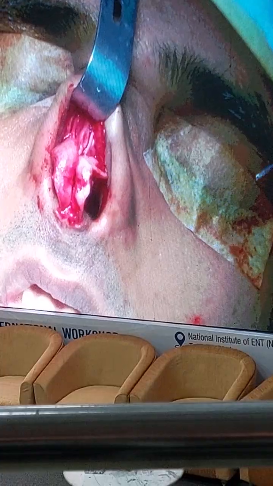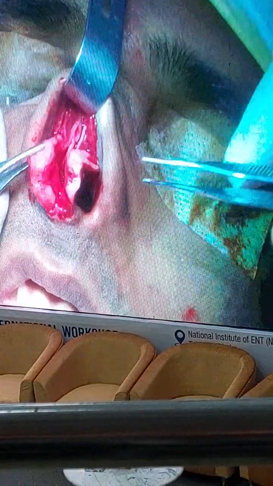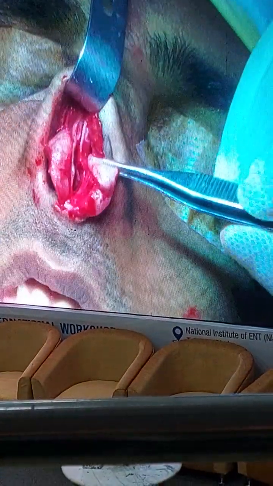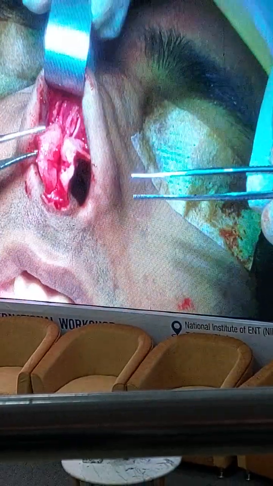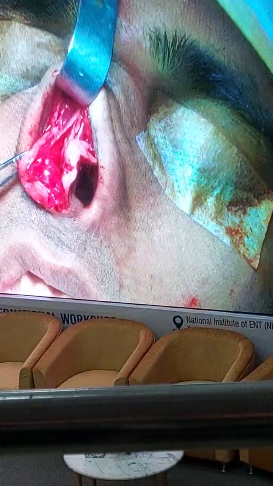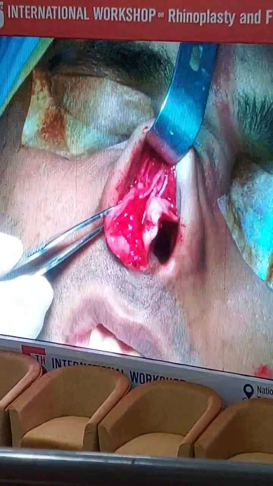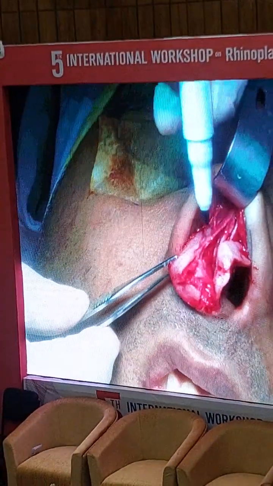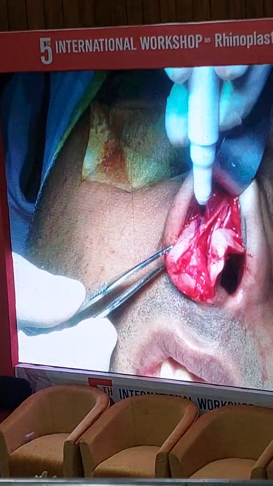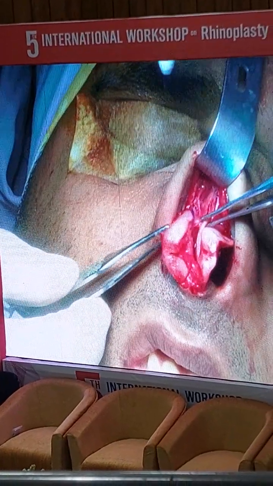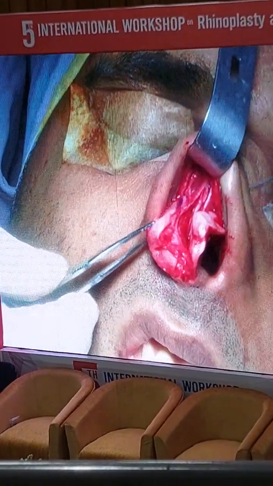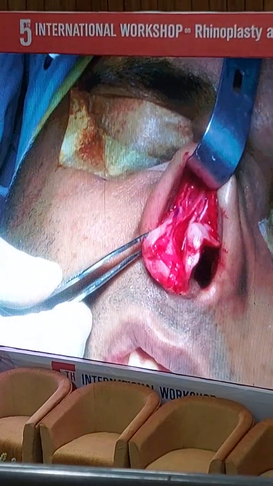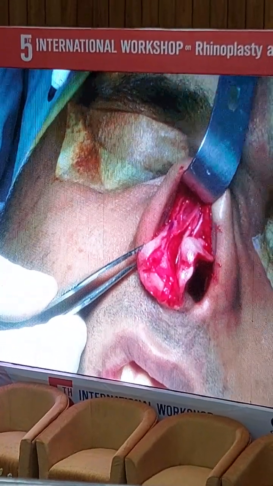Got it? Now the cephalic margin is also important, because this cephalic margin, give me the marker. This cephalic margin, the superior part of the cephalic margin and the lower part of the upper lateral have an overlap. Look at it. This is the overlapping. And if I leave it, we hide this area. This overlapping is the scroll area.